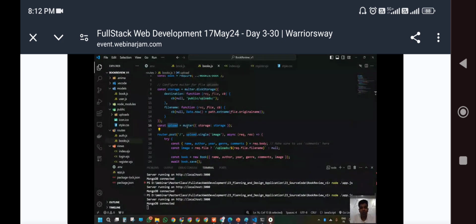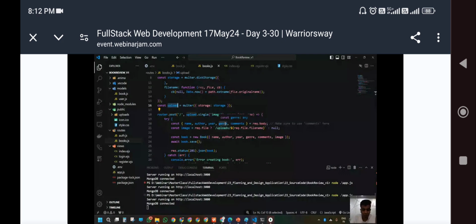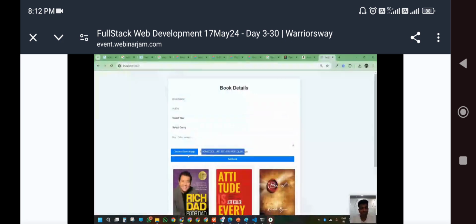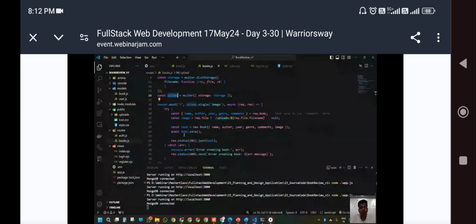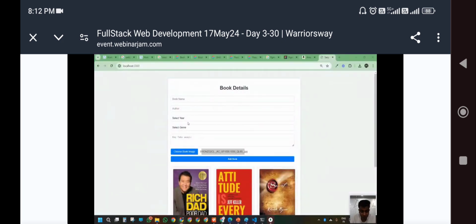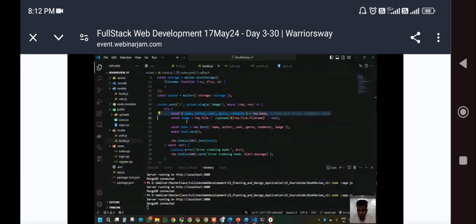And const upload equals multer. We are initializing multer so that the image is uploaded through that way. Then router.post with upload.single image. Whenever people click this choose book image or something, this is how it is going to be uploaded. First of all, it will make sure whether the comments and all the information are there for that image or not. Once that is confirmed, we initialize the name, author, year, journal, comments, and everything,